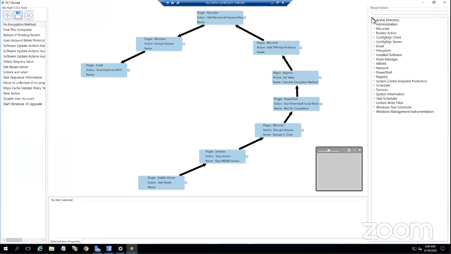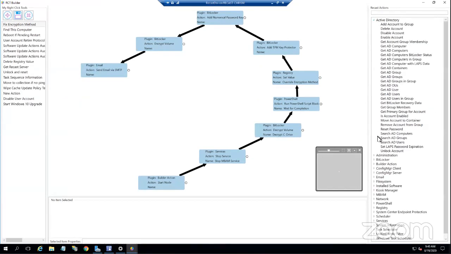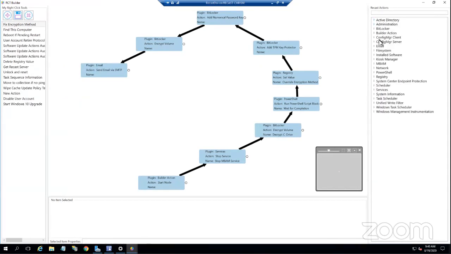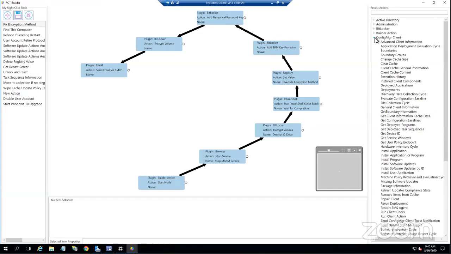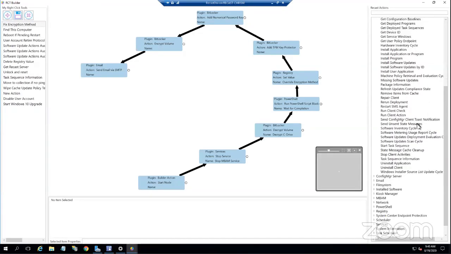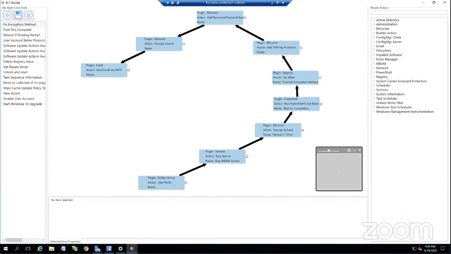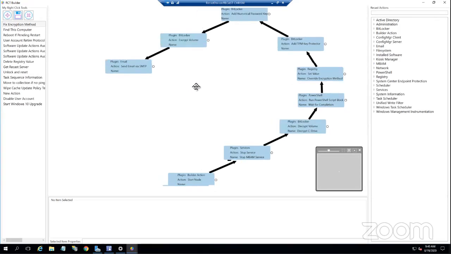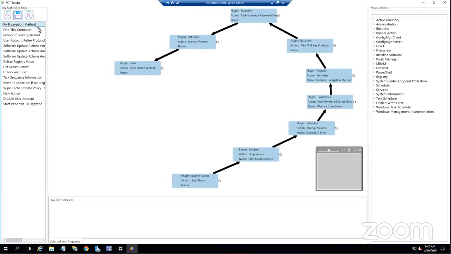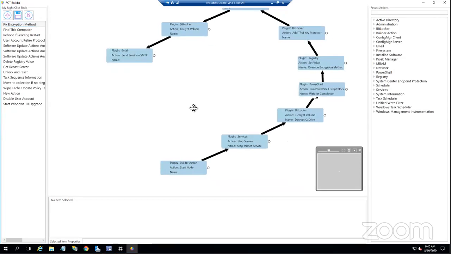And over here on the right, we see all sorts of actions that back our right-click tools that you can use inside of your actions. And there's like 500 actions here. It's a ton of actions that are available for you to utilize. I'm just going to cover one common use case here in this fix encryption method